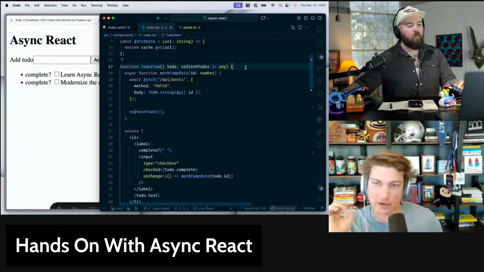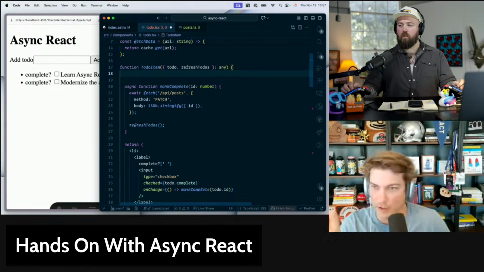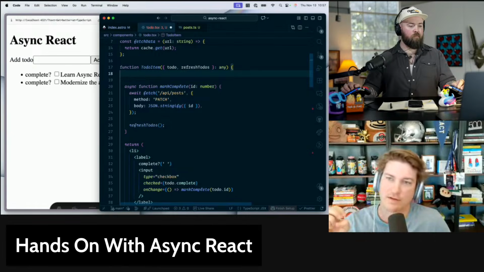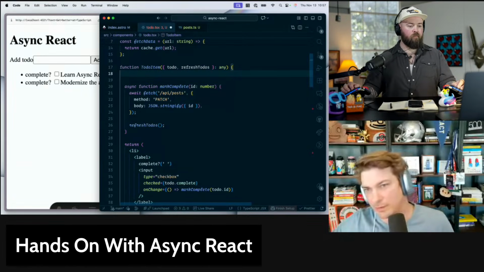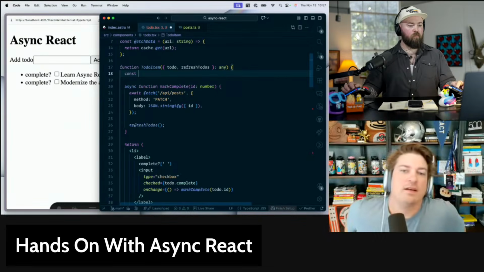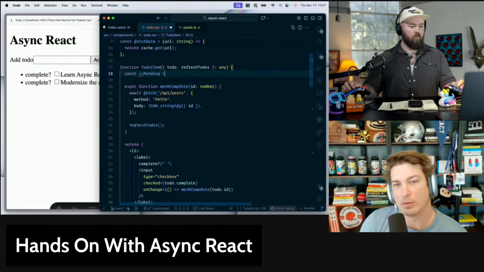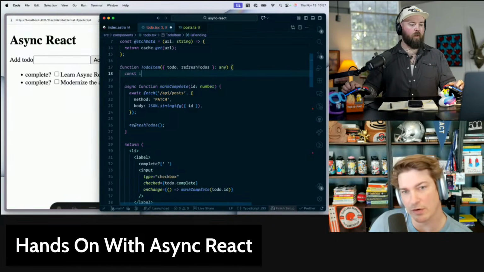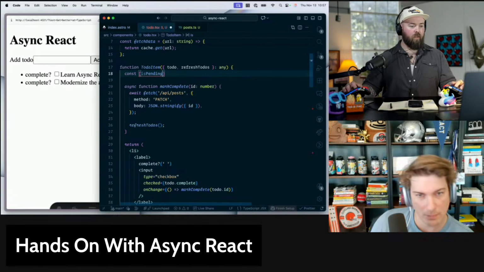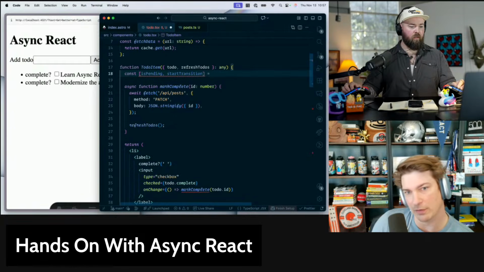So let's use transitions. A transition will allow us to show a pending state on each individual item that's updating. It will also prevent the suspense boundary from showing. So let's do const is pending. It's an array, so is pending and start transition equals use transition.